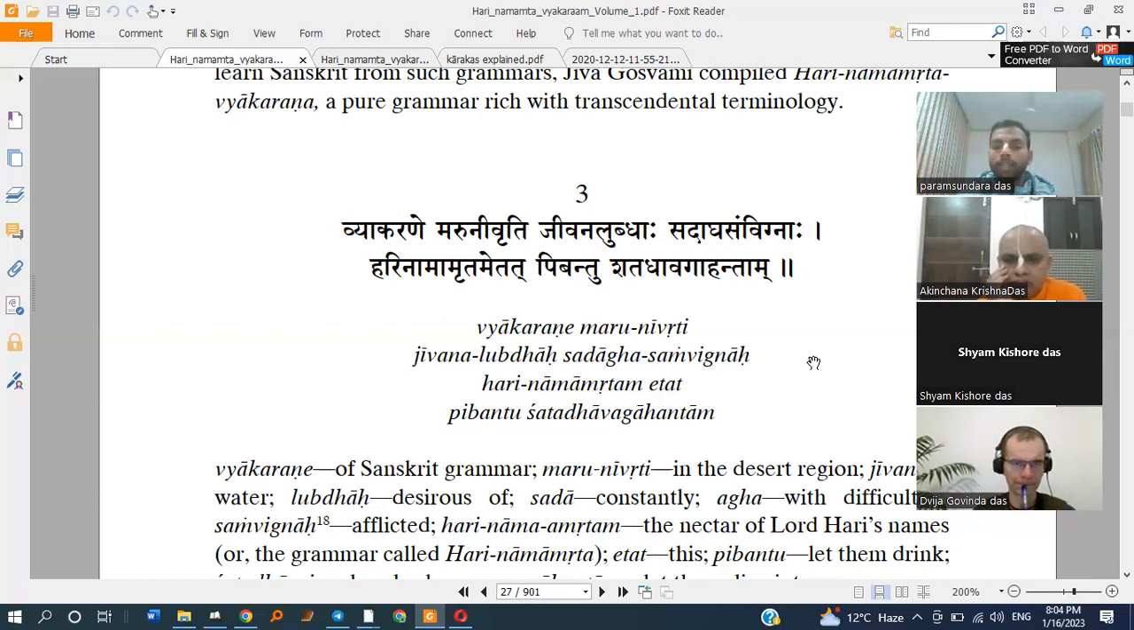Sadagha Sanvigna, he is always afflicted by pain in the search of water, and he never gets the water there. Similarly, other systems of grammar are compared to a desert, very dry, and those who are trying to achieve some rasa in such desert-like grammars will always be in pain. They will always be afflicted with distress in the search of their happiness there in those deserts,